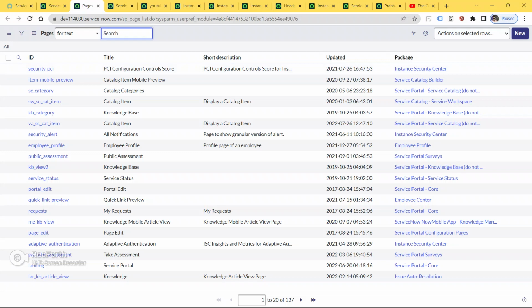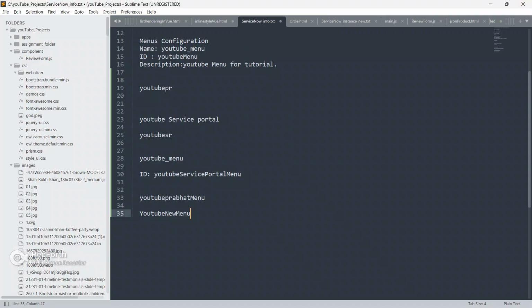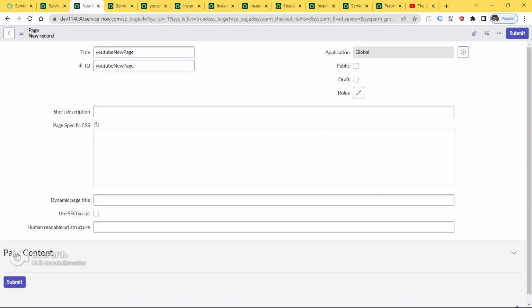I clicked and came here. So now I have to create a new page. Click on the button new, give the title YouTube new page, and give the ID also the same.